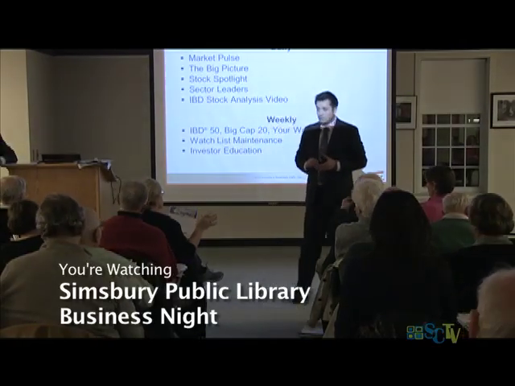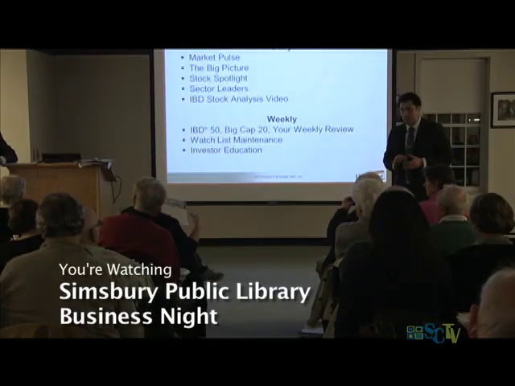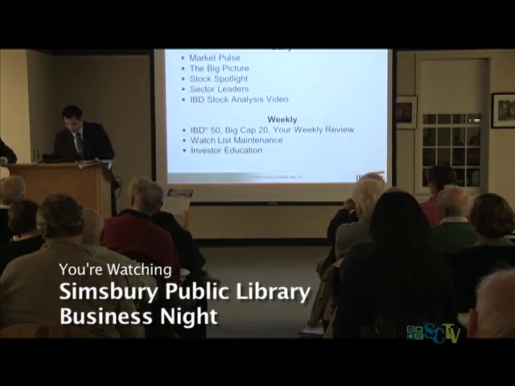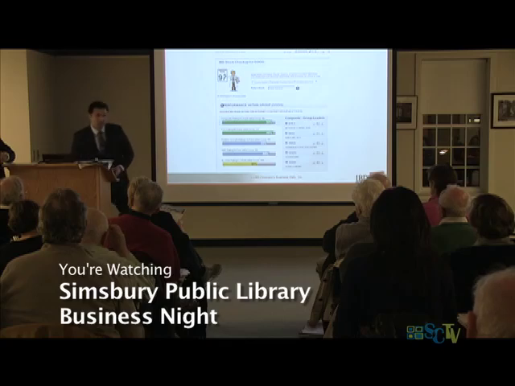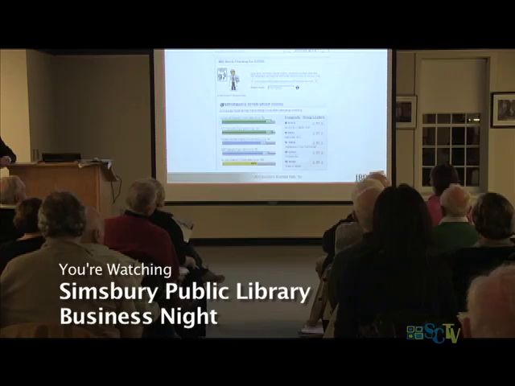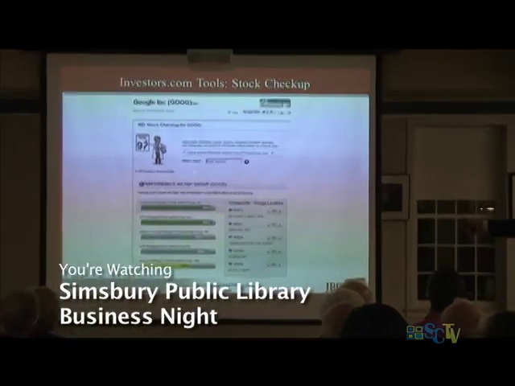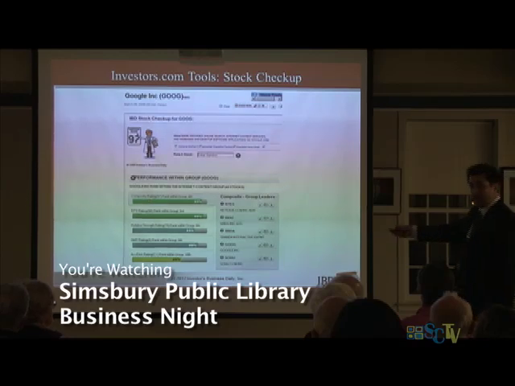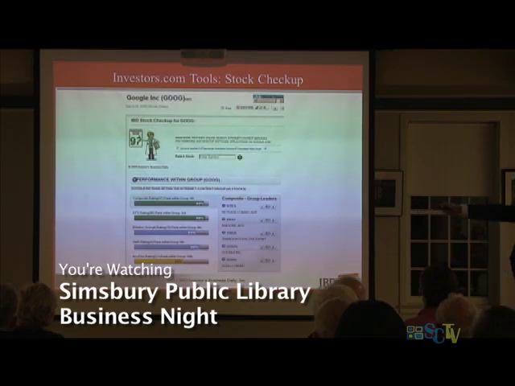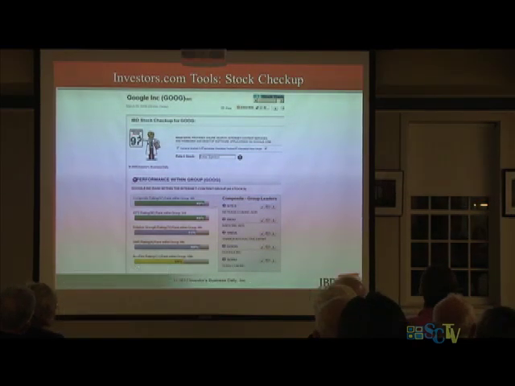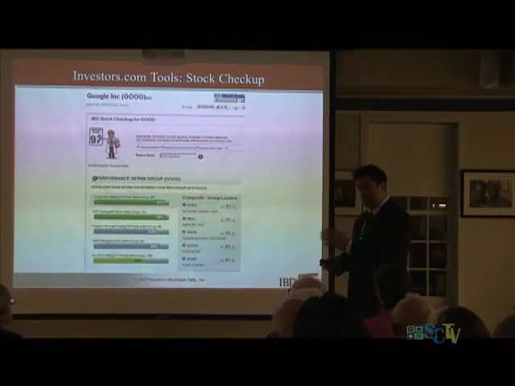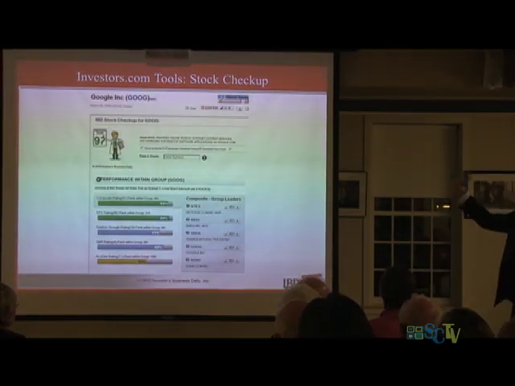If there's a stock I'm interested in, and I buy your digital, can I enter it into your digital thing and it'll do a screening on it? Here's what you can do. Anytime you find a stock on Kramer, you're watching Fox Business and you want to run it by IBD, you get access to this. This is called the stock checkup. It's on investors.com. You put in the ticker symbol and we're going to rate your stock based on something called a composite rating. The composite rating takes into account all the fundamentals and the technicals, and it gives you one score. It's on a scale of 1 through 99, 1 being the weakest, 99 being the strongest.